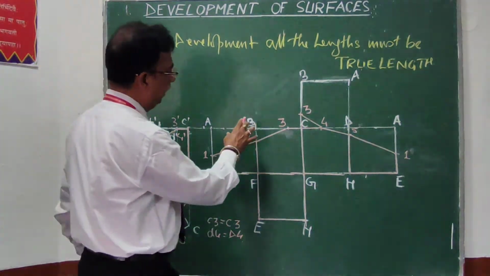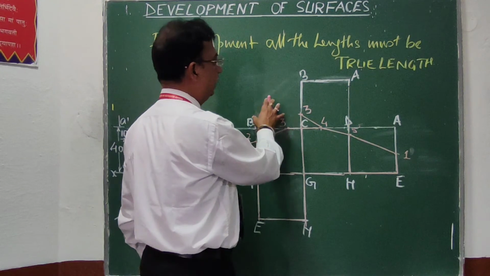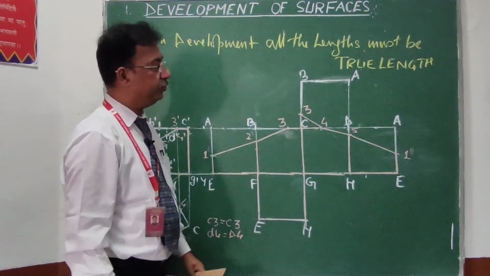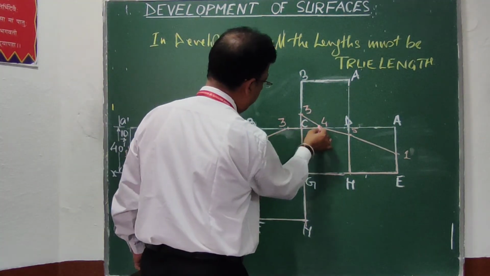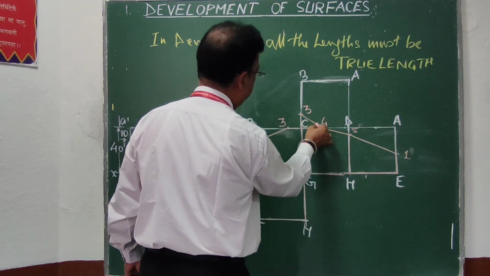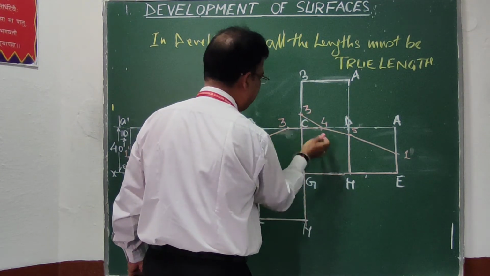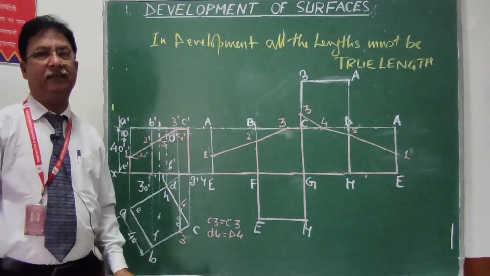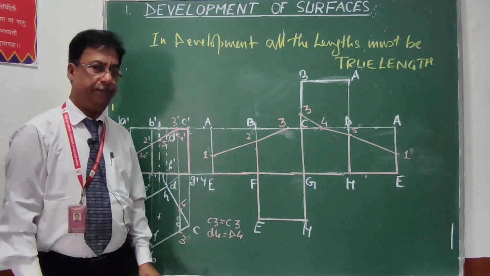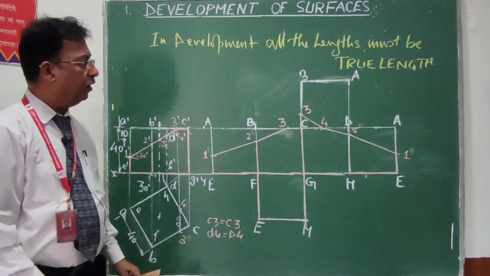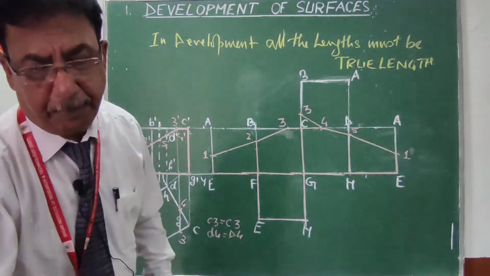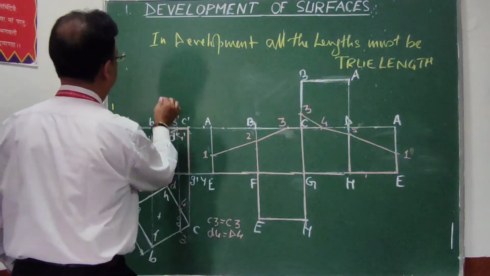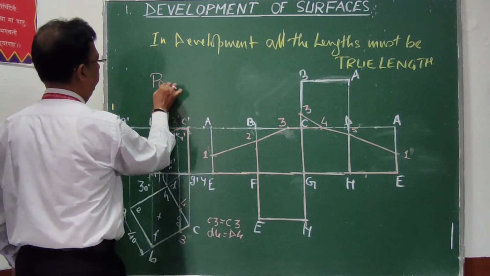Initially I opened this flank here, and I just shifted it to the third position because 3 and 4 will be coming once. So I want this to be attached with the figure, so that when we fold this paper, we will get the cube of the same shape. So this is one of the methods, known as the parallel line development method. This is the parallel line development method